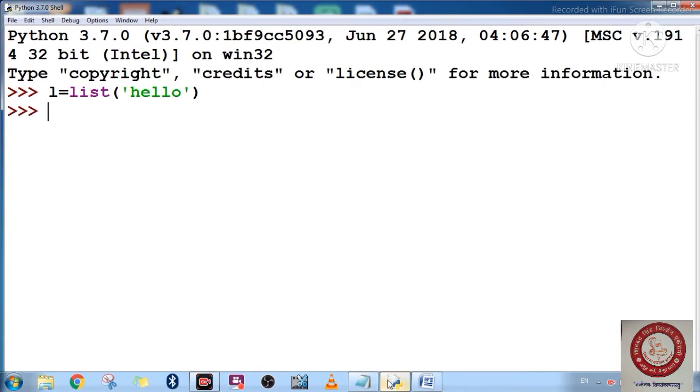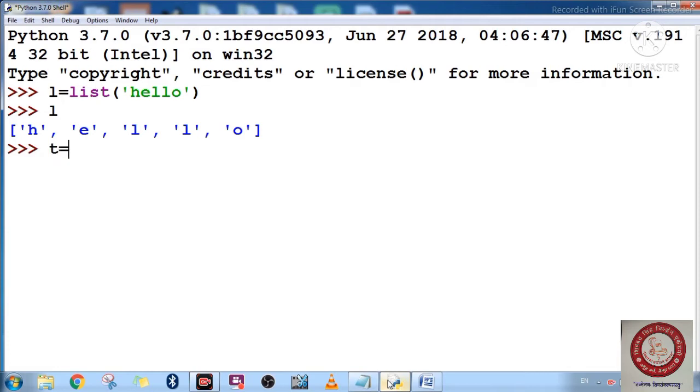Now I want to see the result, how many elements are there in this list. See, total how many elements are there? 5 elements are there. Okay, H, E, L, L and O. So this implies that you can create the list with the help of list function, right? One more way is there.